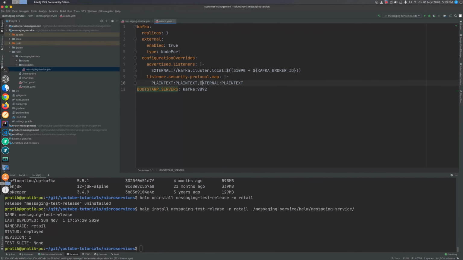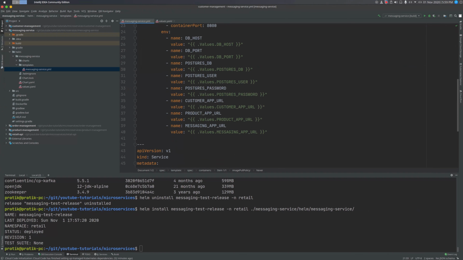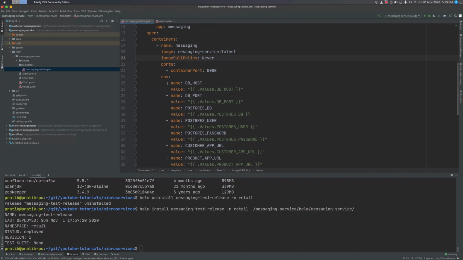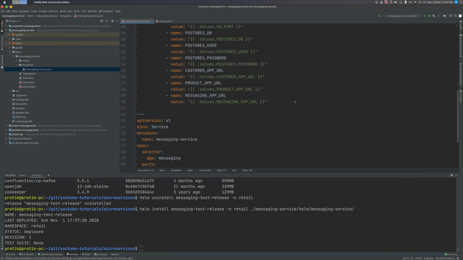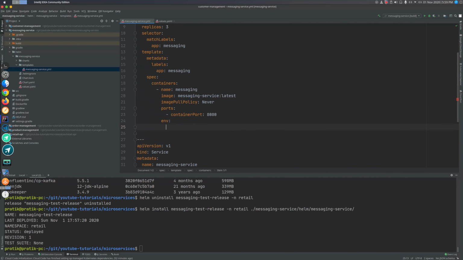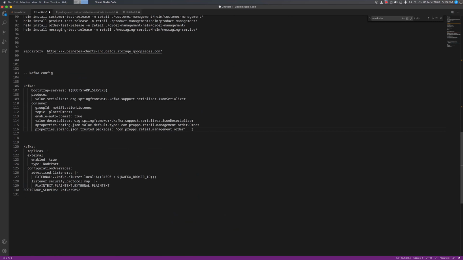So I think why this is, I think another copy paste issue. This is for the order management. I think there is this. I created a cheat sheet somewhere for this configuration. Yeah,